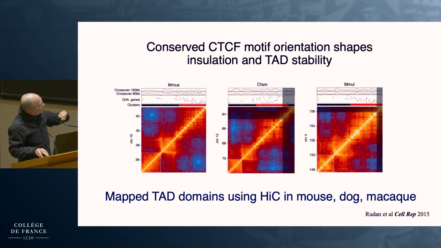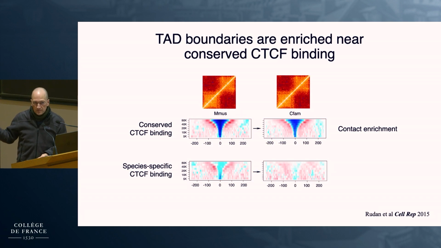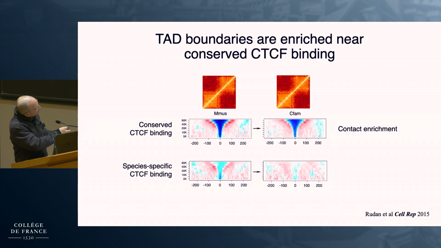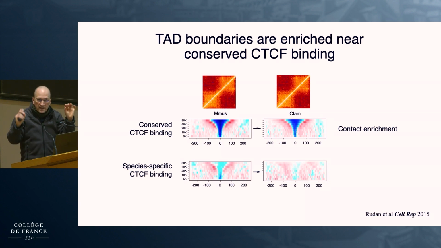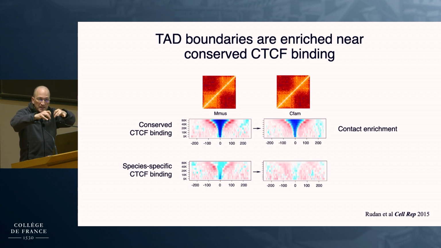Okay, so we did these experiments, and by taking the conserved TAD junctions and crossing that with our previous CTCF binding data that we had already obtained in literally the same samples of the same species, we could actually identify the contact enrichment distances at these points and see that conserved CTCF binding massively enriches for these contact points, indicating that the conserved ones are very closely allied with their functionality in holding the genome pieces, TADs,